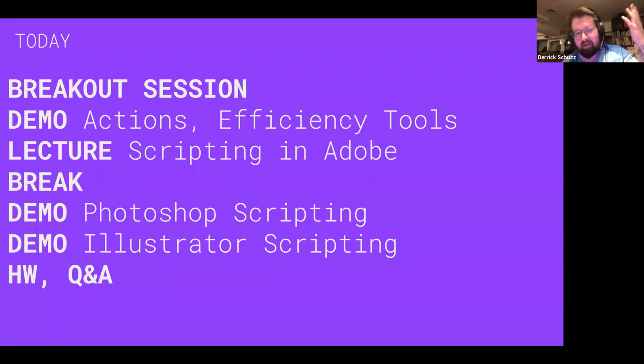Then we'll do a break, and then we'll look at some examples of Photoshop and Illustrator scripting, because actually seeing the examples is probably the most important thing. It's really hard to understand how you do it until you see how other people do it. Esteban has shared some examples with me, and I've got a bunch of other examples that I'll share with folks. I would definitely recommend the starting point be to dig into other people's scripts, see how they work, and then go from there. And then we'll do a Q&A.